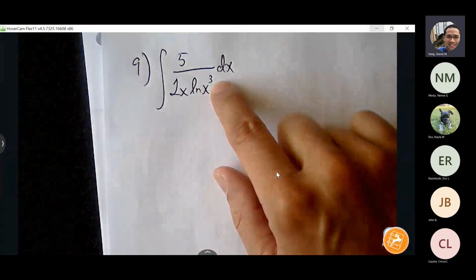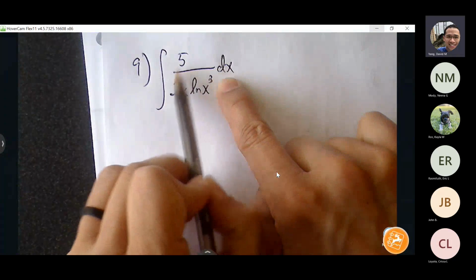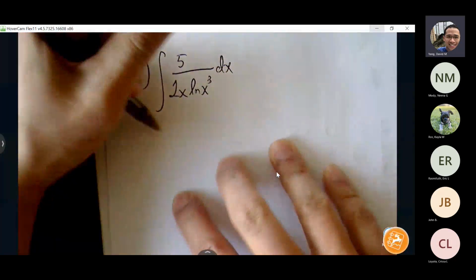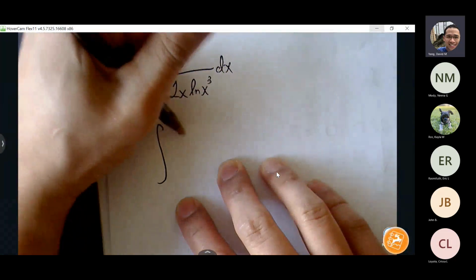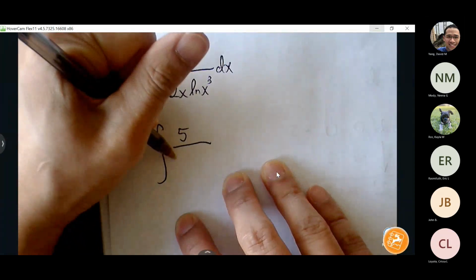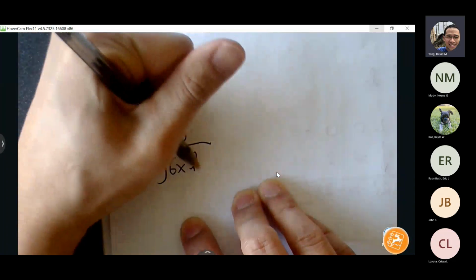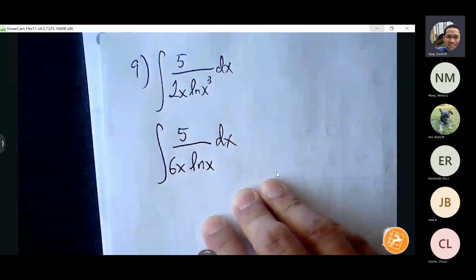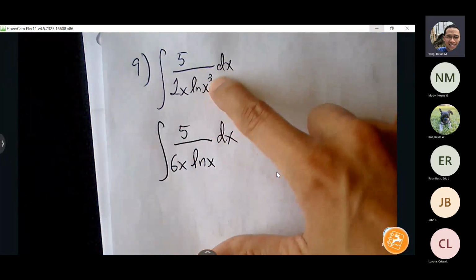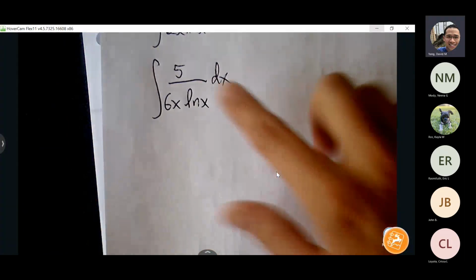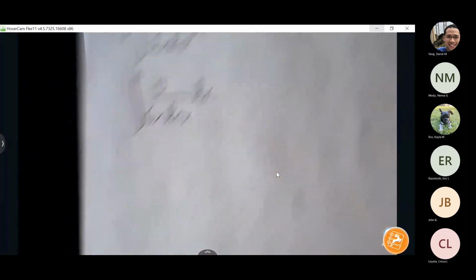Okay, this one's a little bit tricky here because we really need to bring this 3 down to make it easier. So I would actually do this. I would bring that 3 down in front first, and I will give you a problem that looked more like this to begin with. Right, so that 3 will come down because it's not part of the x. But if you had this as your starting problem,